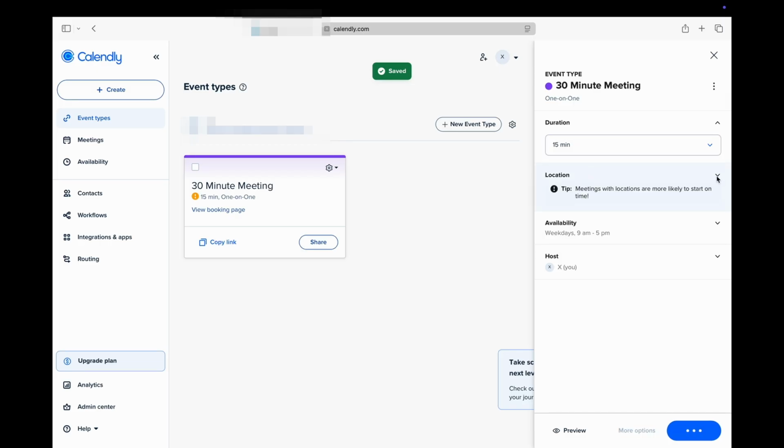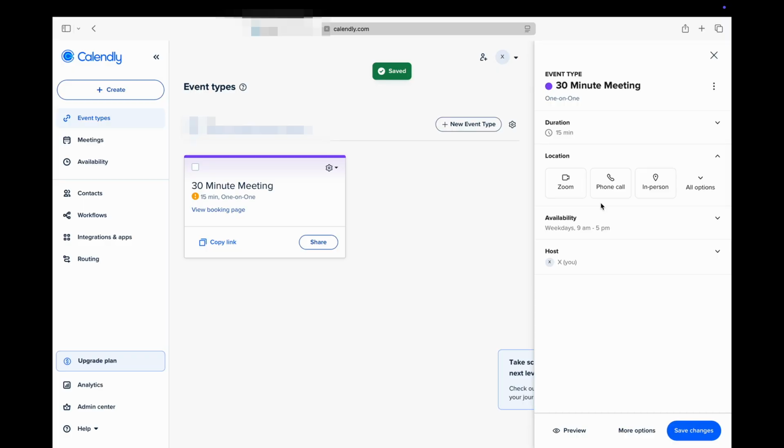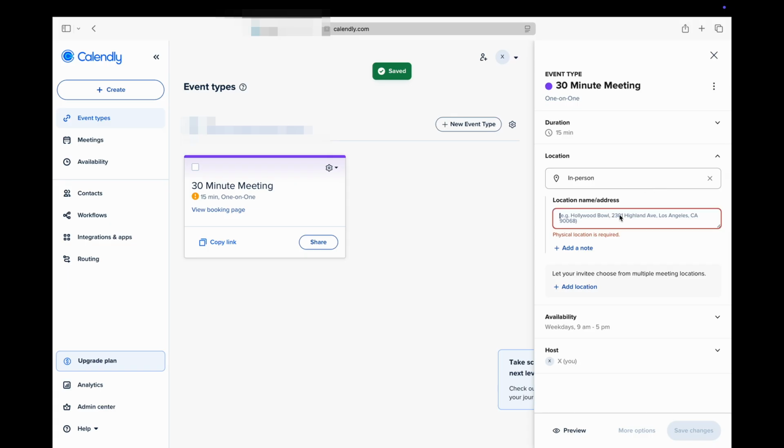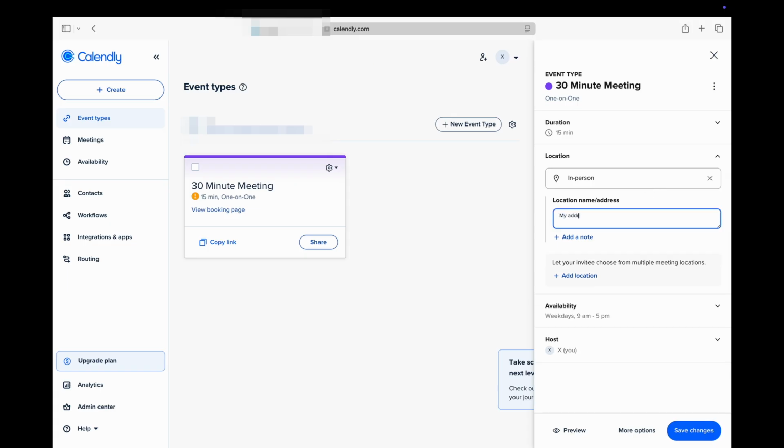Then you need to set up the type of meetings you'll have, which can be virtual meetings over Zoom, or it can be in a physical location. I'm going to assume you have a physical location, so I'm gonna click in person. And in the box here you need to put your address in, and that will come to your customers via email. In the availability section you need to set up your hours,